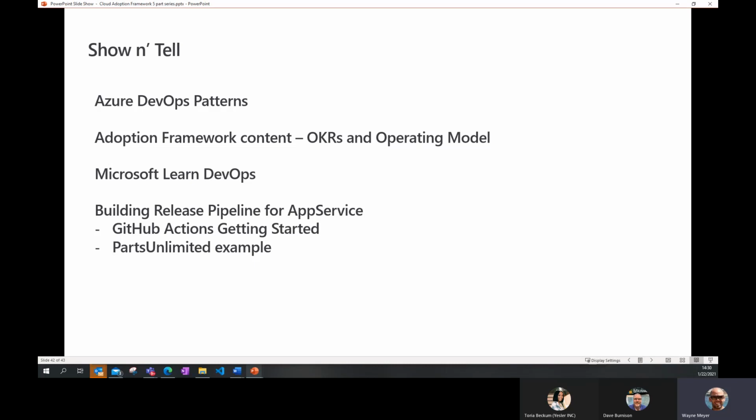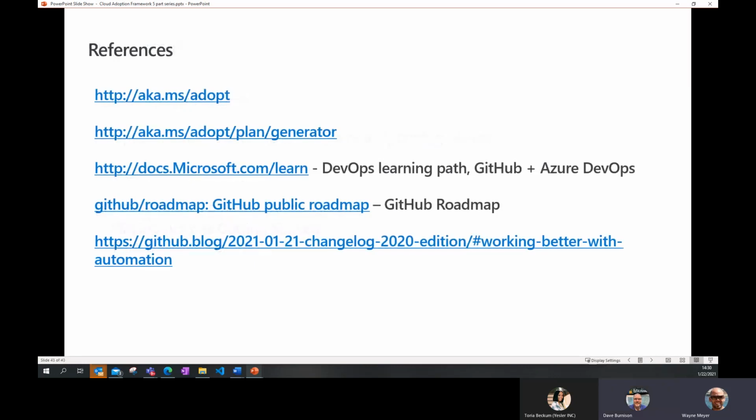I think we've seen GitHub Actions in action. We've seen that connection to Azure DevOps and been able to show some of the ways that we bring together the earlier parts of building out that strategy and plan, and getting those people aligned. It does come together and manifest itself well.